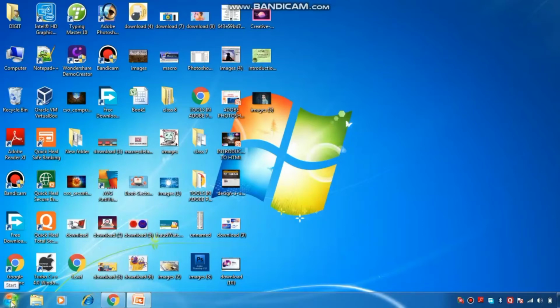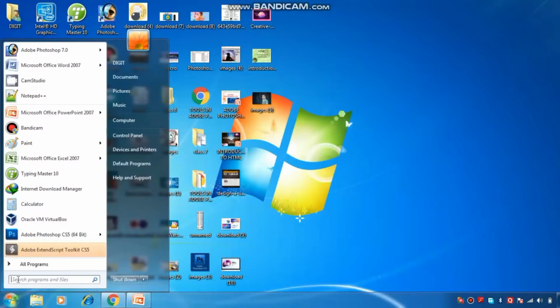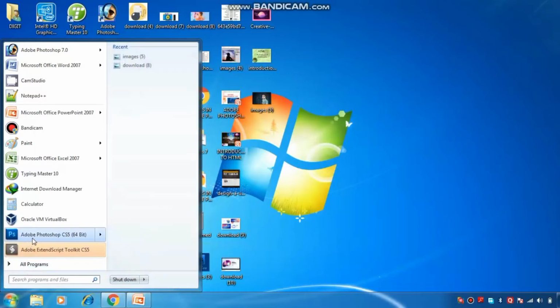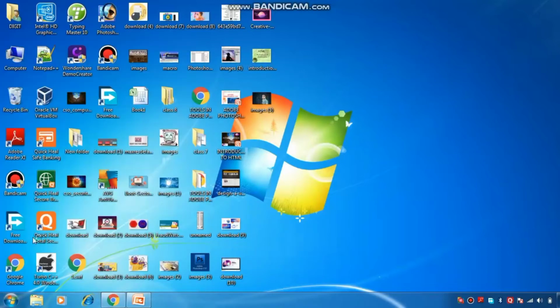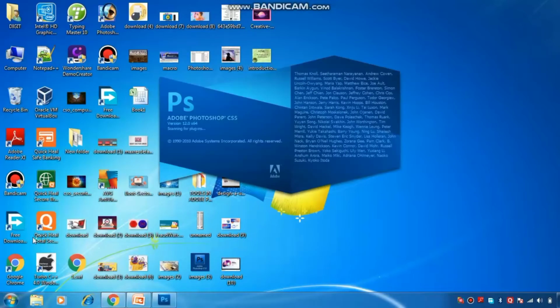Then click on All Programs, and select Adobe Photoshop CS5. Just click on it. Then the Adobe Photoshop window will appear on your screen. Just wait a few minutes, it will take a few minutes to open the window.